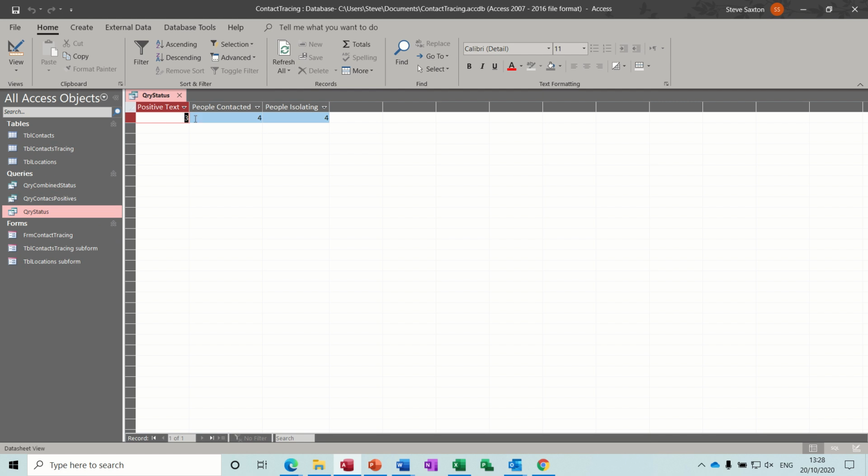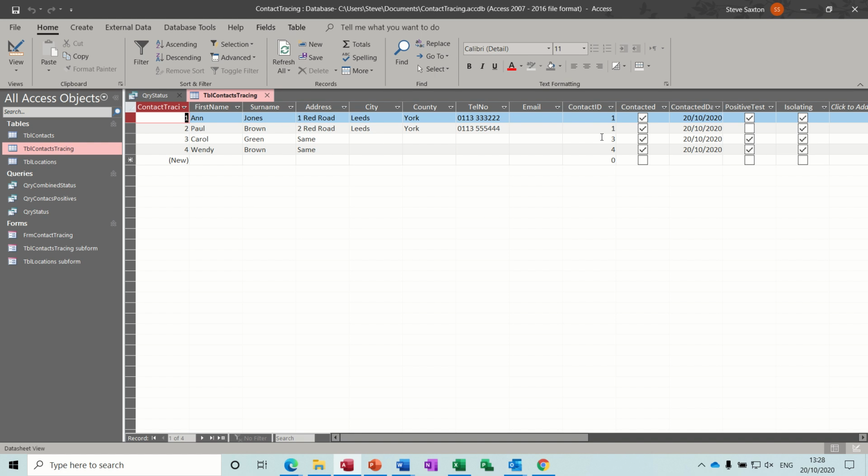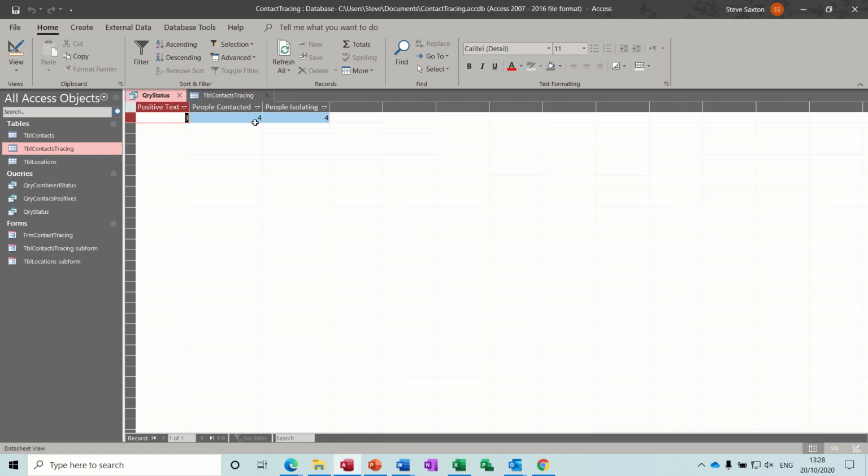So this is just counting up how many positive tests there are from this second table. Sorry, not the locations table, the contacts tracing table. So how many positive tests? There's 3 there, 4 people isolating, 4 people contacted. So that should go 3, 4, 4,